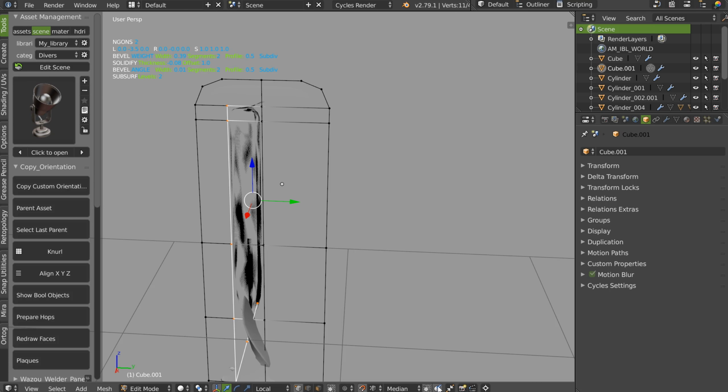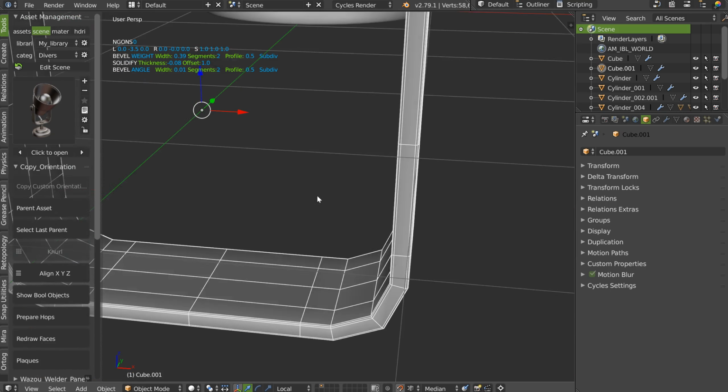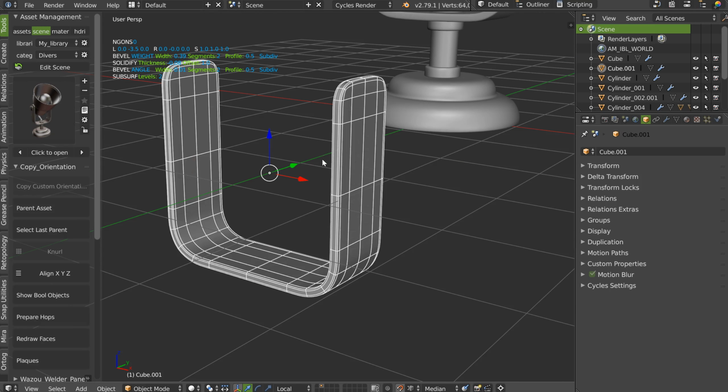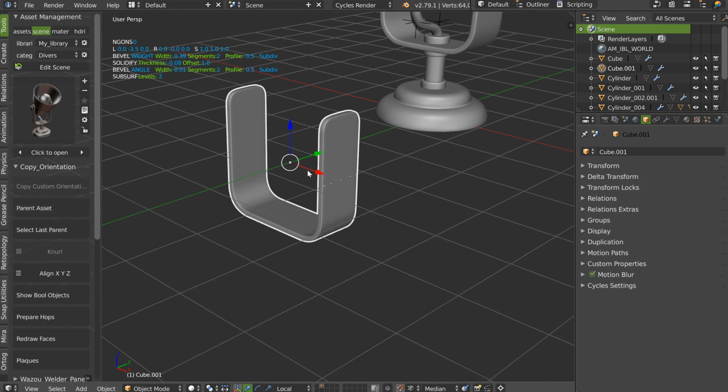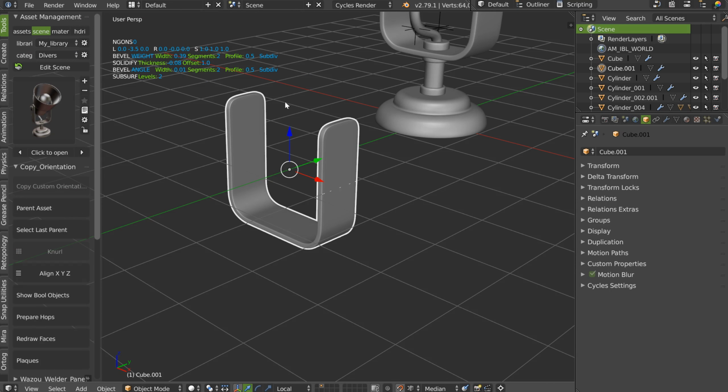I have to remove this one, so I will undo. Yep. This one was not good. Okay. And now I will press Shift and I will connect. I can of course make a symmetrize in Y. I will click here, and Shift X, I will click here. And that's it. My object is finished, and I have a great, really great wire. And this is the subdiv modeling.